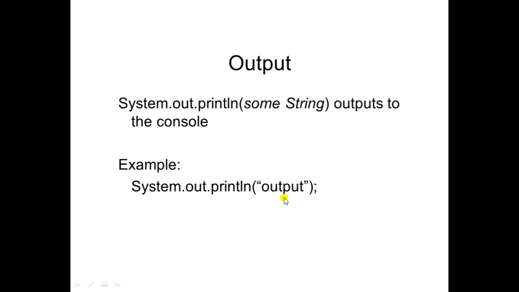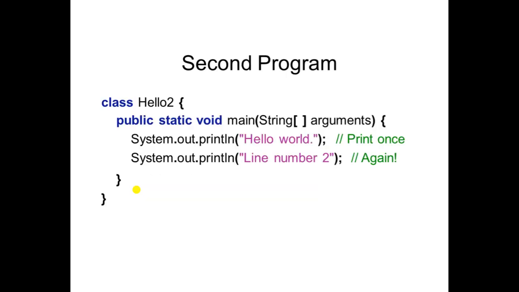Okay, what you have observed here is that the S is capital in System, O is small, P is small. So let me tell you, Java is case sensitive. What do you mean by case sensitive? If you write a small s here, it will give you an error. Why one should write the S of System capital, we will discuss later, but for the time being you need to remember that System.out.println is used to print something on a screen.